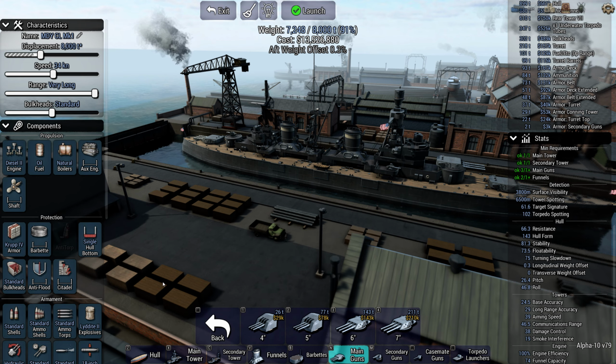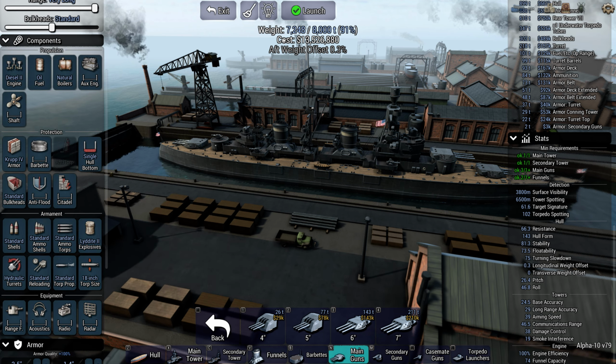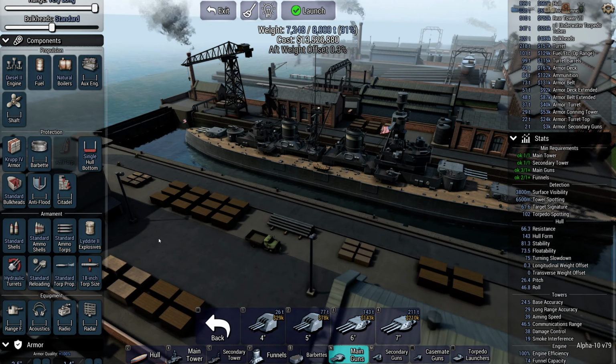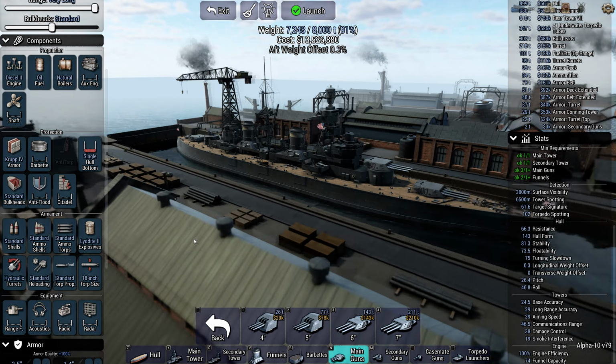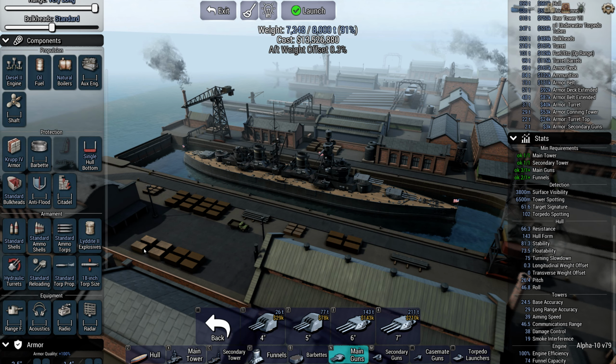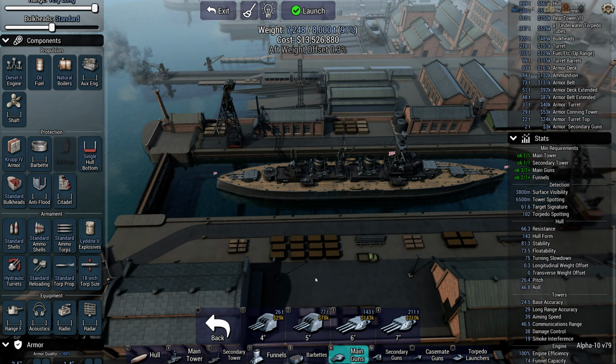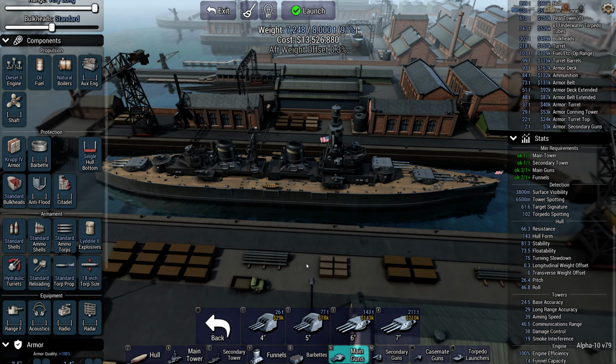We can get the armor upgraded. In terms of cost, I want to try and keep this under 20 million. So the destroyer was 9 million, so it was under the kind of 10 million I had in my head. I want to keep this under 20, but we do want to keep it quite cheap. Now, in terms of propellant,